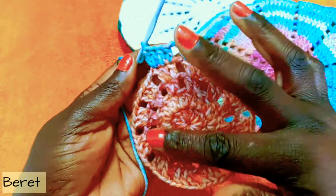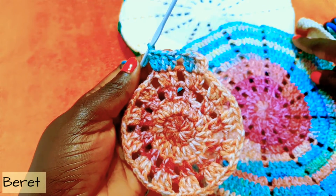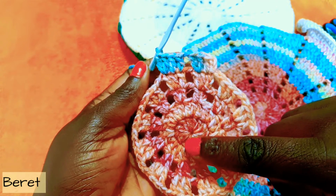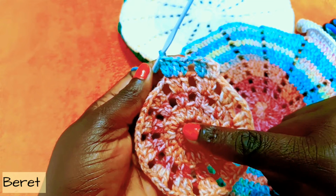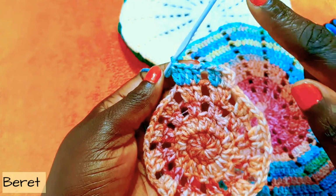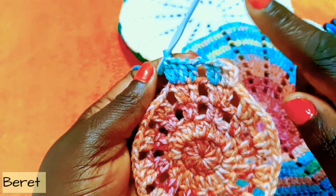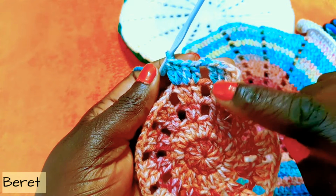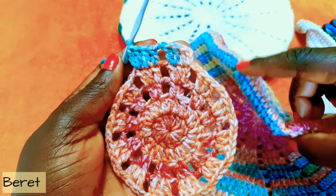So the exciting part of this now, we need to have 13 rows. So 13 rows, you start counting from your ring here, so where you have your 12 double crochet. So this is going to be your first round until you have 13 rounds. So let's do this and have our 13 rounds. So you're going to count 1 2 3 4 5 until you have the 13th round,